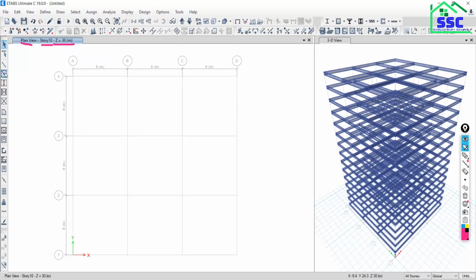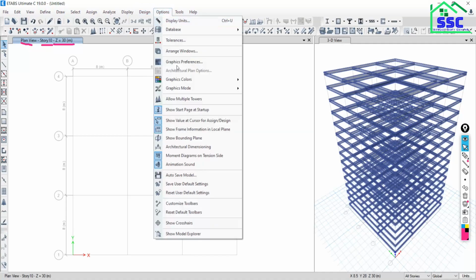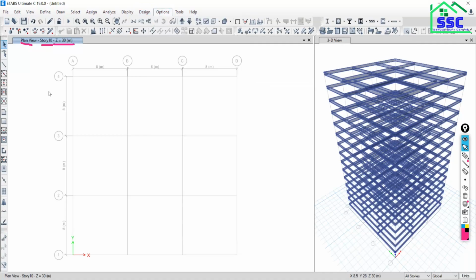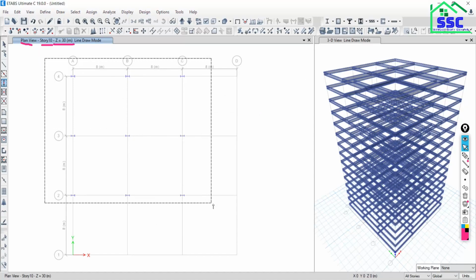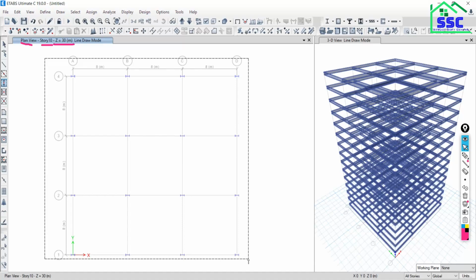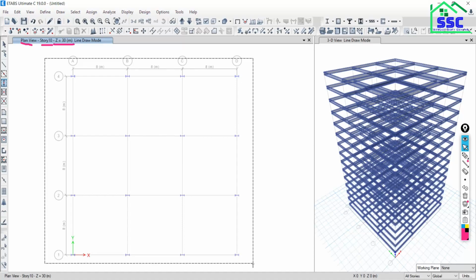Now if you want to model the column for all the stories, just click on the column, quick draw column, just close this. Now drag from left to right, so at all the intersection points of your grid lines, the column is going to be modeled there.